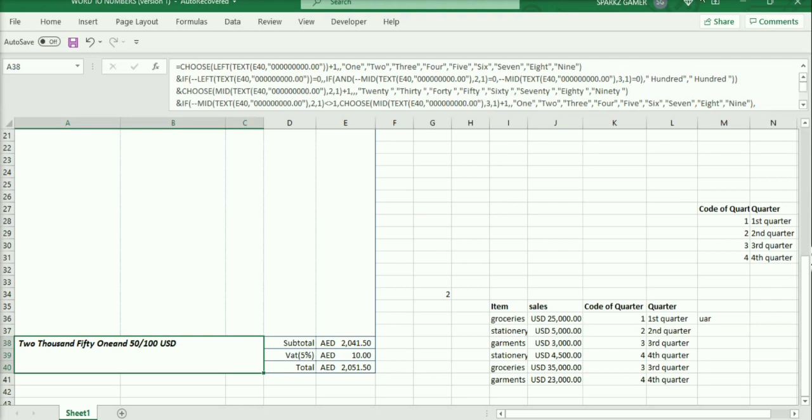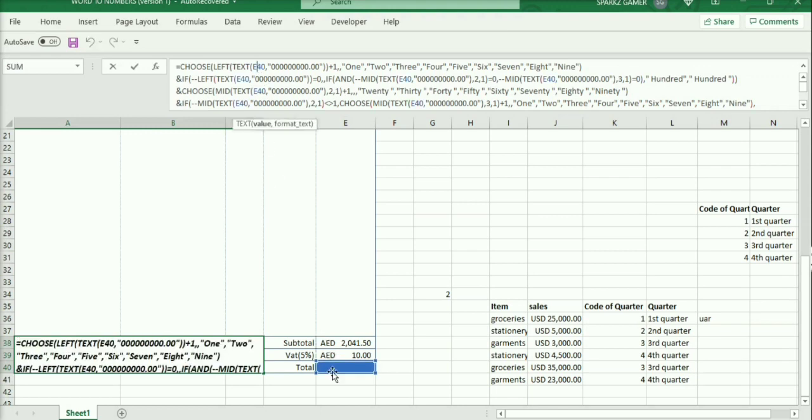If you want to change this target cell, because here I am using E40 as my target, just copy this full command.